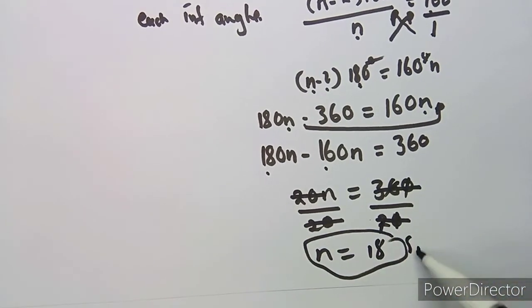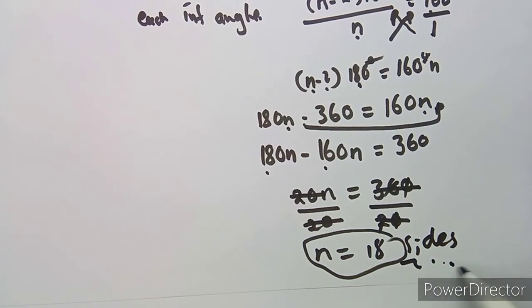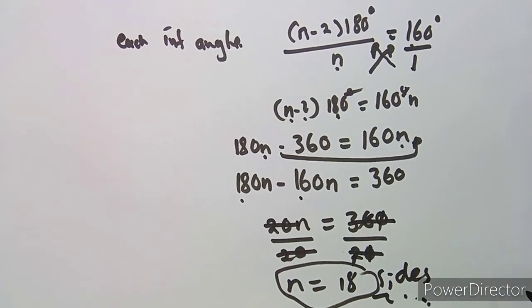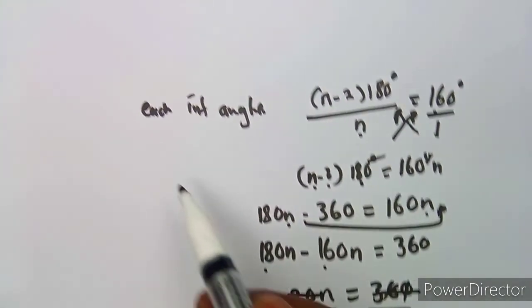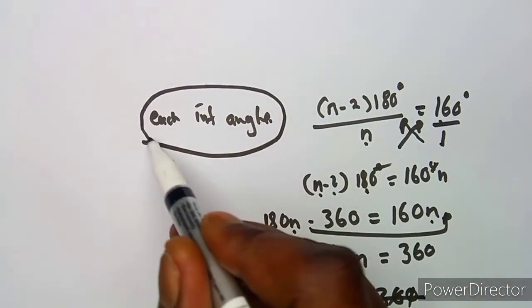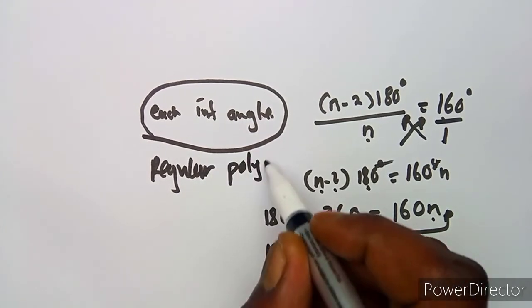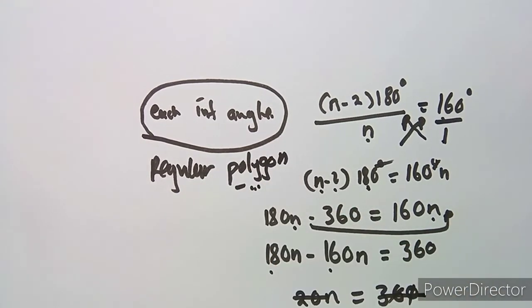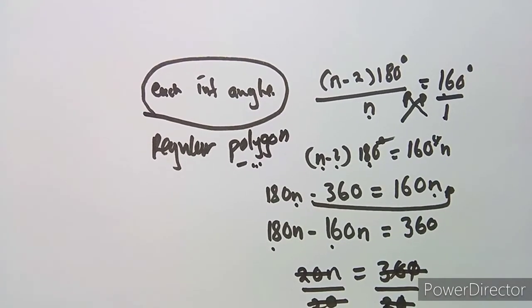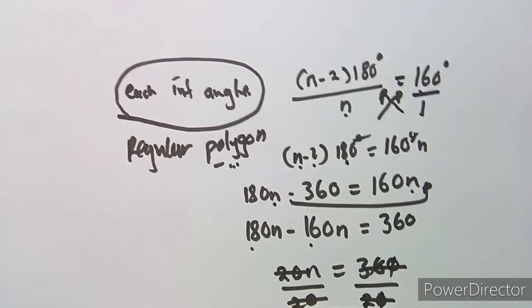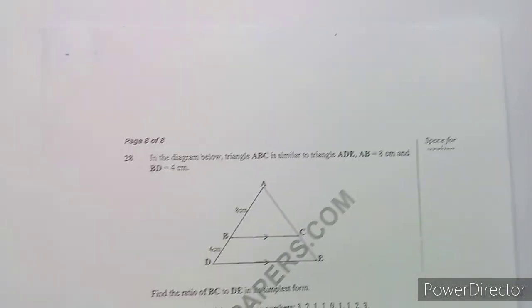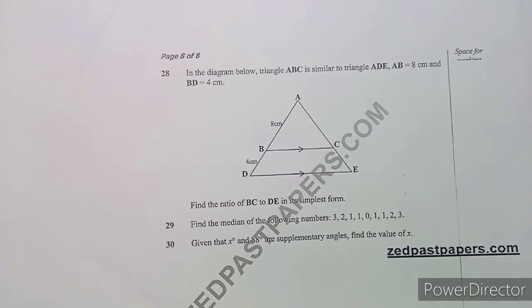So as we can see, we are obtaining the same answers, but this is a little bit longer. But you can actually use that concept of knowing each interior angle only when it is a regular polygon. Only when it is a regular polygon, that's when you use this concept. If it is not a regular polygon, that's an irregular one. Therefore, forget about this. Never try to apply such a concept. It doesn't work that way. Okay, anyways, I will talk about this, guys, as we are moving on,